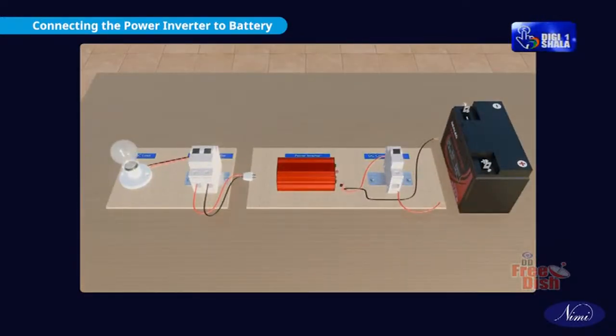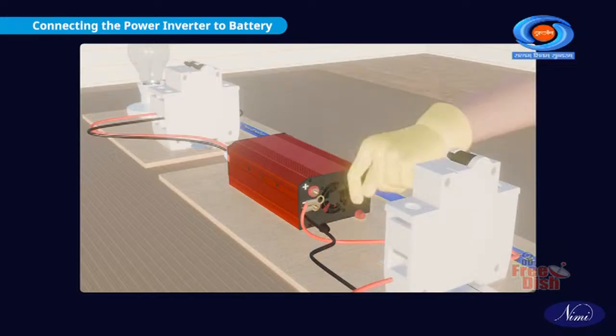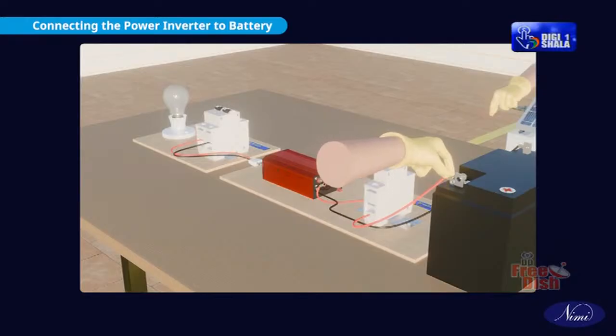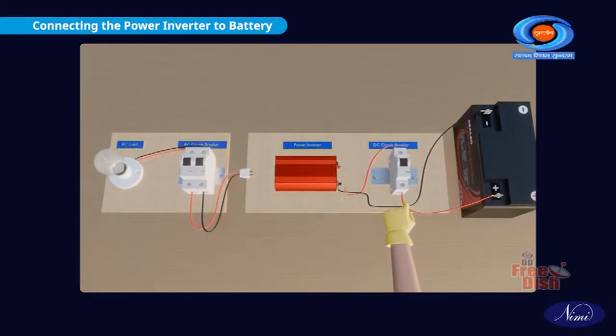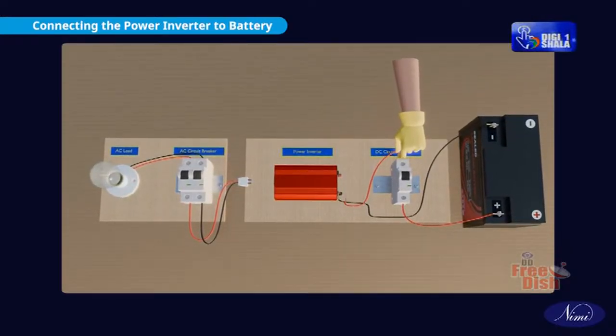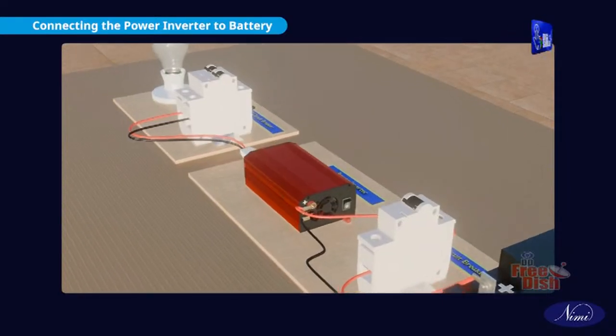Use one length of black wire to connect the negative terminal of the battery to negative terminal of the inverter. Use one length of red wire to connect the positive terminal of the battery to the DC circuit breaker in series. Now connect the output end of the circuit breaker to the battery terminals input side of the power inverter